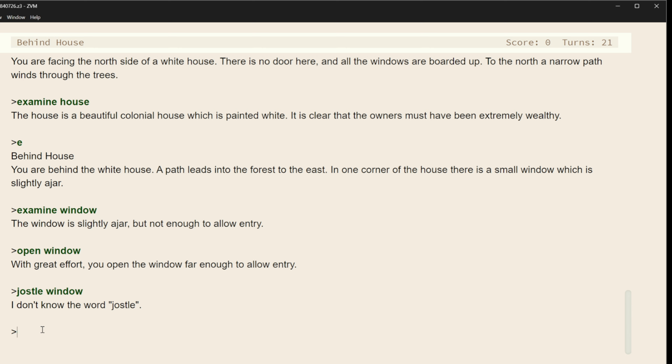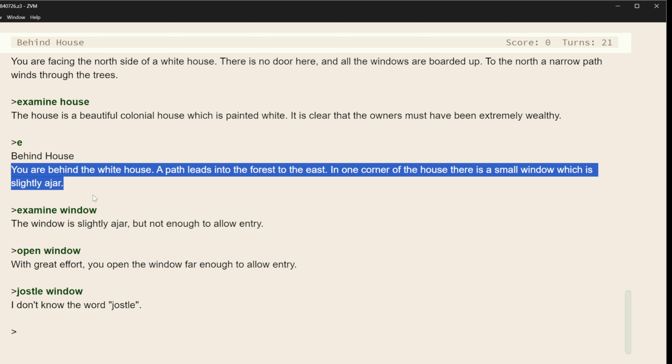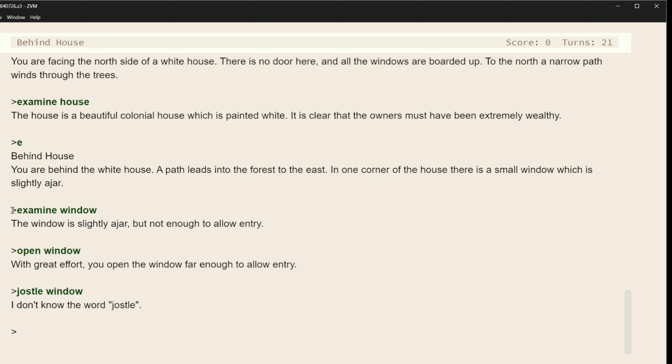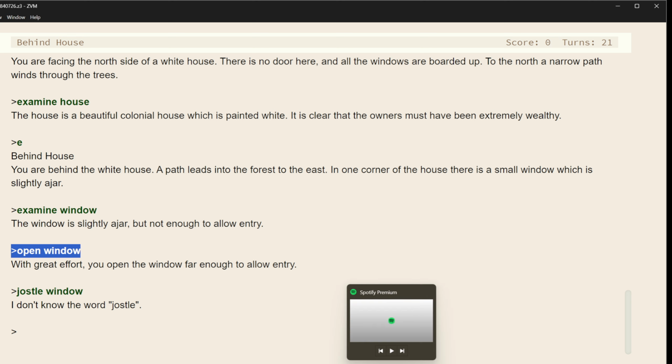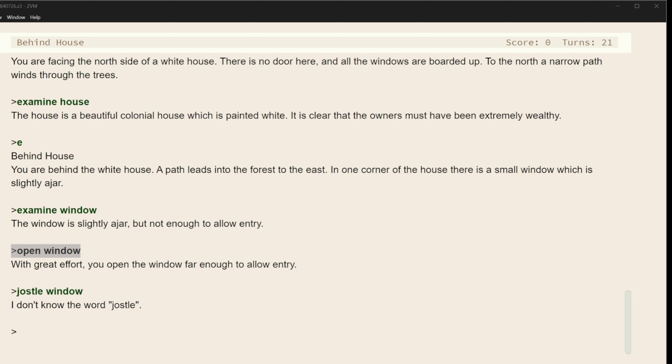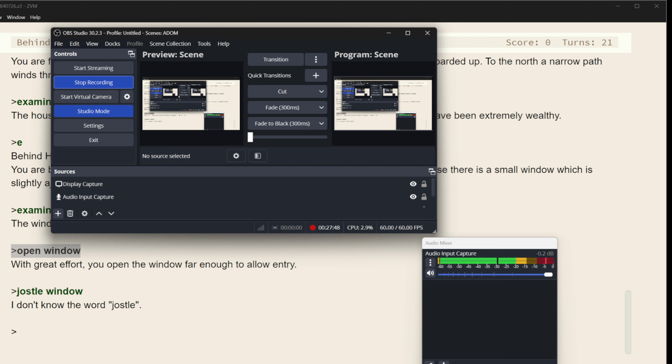And so job one of learning to play these games is learning to understand, A, how to read these descriptions for something actionable, and B, what commands work with nouns, what commands don't work with nouns, and that all takes practice.